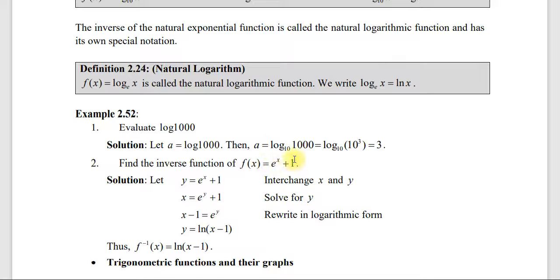And find the inverse of the function f of x which is equal to e to the power of x plus 1። ኢንቨርሱን ፈልጉ ተባለ። አሁን የኤክስፖኔንሻል ፋንክሽን ነው። ኢንቨርሱ ሎጋሪዝሚክ ፋንክሽን ነው። ስለዚህ x እና y ማገላበጥ then x which is equal to e to the power of y plus 1 then ወደዛ አምጧት 1ን 1 minus x minus 1 which is equal to e to the power of y then ምን ይሆናል? y which is equal to log x minus 1 in base e ነበር። in base e ከሆነ ግን ln ነው። ln x minus 1 ይሆናል ማለት ነው። ስለዚህ የዚህ ፋንክሽን ኢንቨርስ ln x minus 1 ይሆናል ማለት ነው።